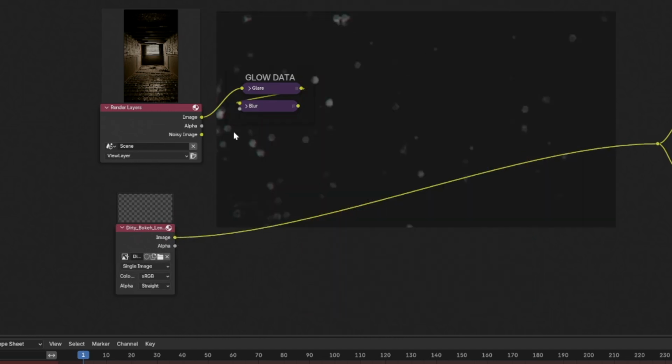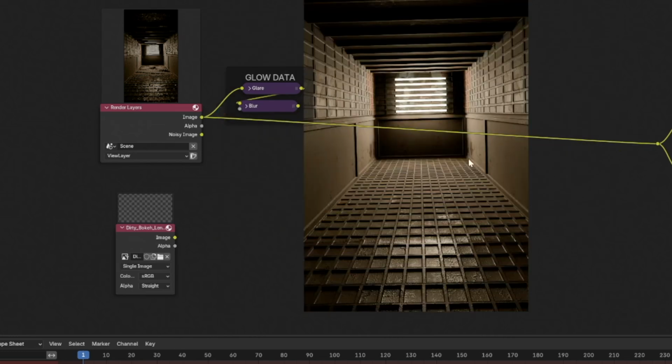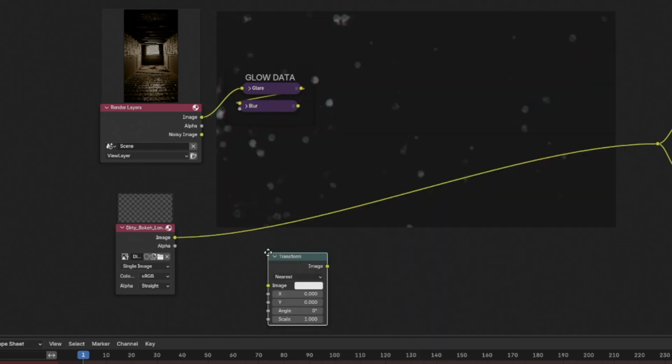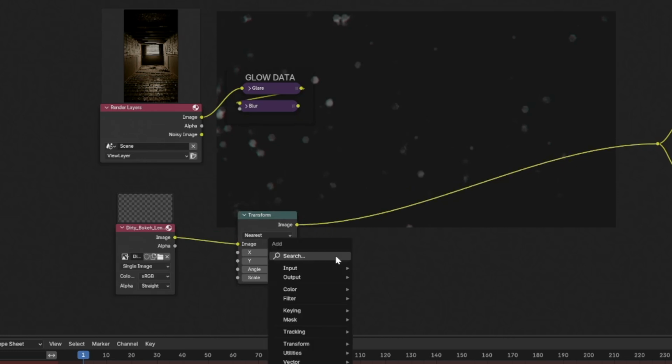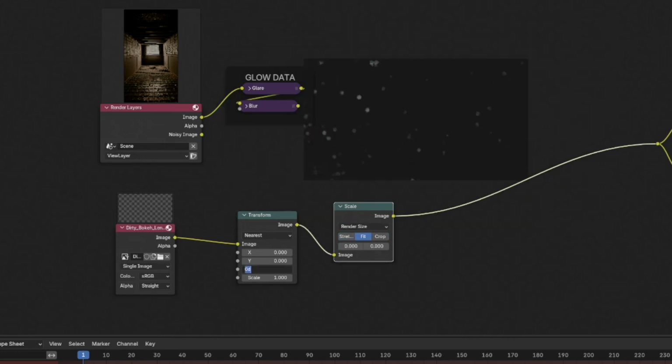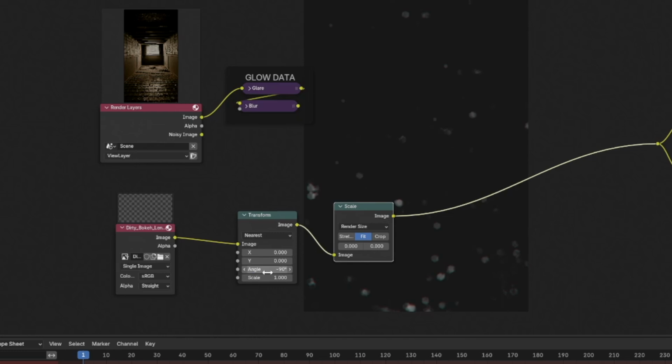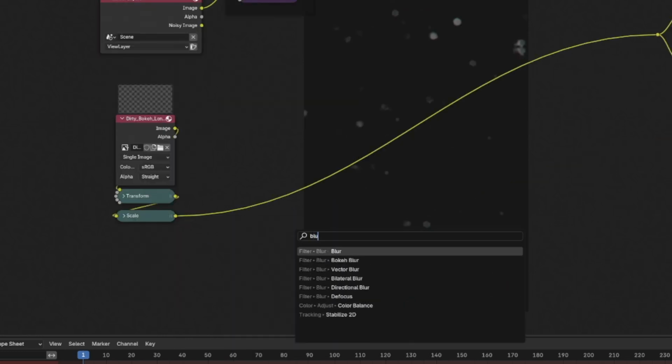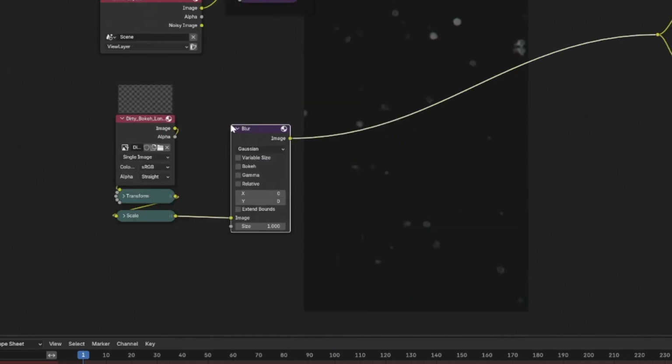but it is in landscape and our video is in vertical. So what are we going to do to fix that? Don't worry, super easy. Use the transform node, and then we're also going to follow it up with the scale node. Add that to the equation here and set it to render size, and we have options for stretch, fit, and crop. And we're going to go ahead and fit it, but we are going to rotate it using that handy transform node. Same as we did with the glow data, we're going to use the same exact blur node, fast Gaussian relative blur, blur it up a little bit just to give it some fuzz,